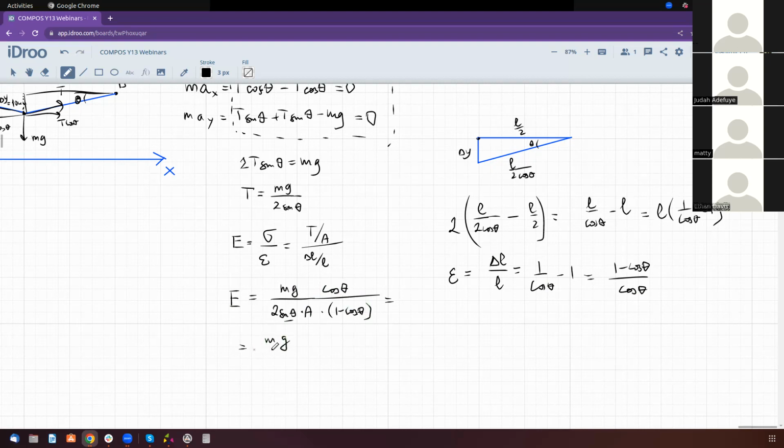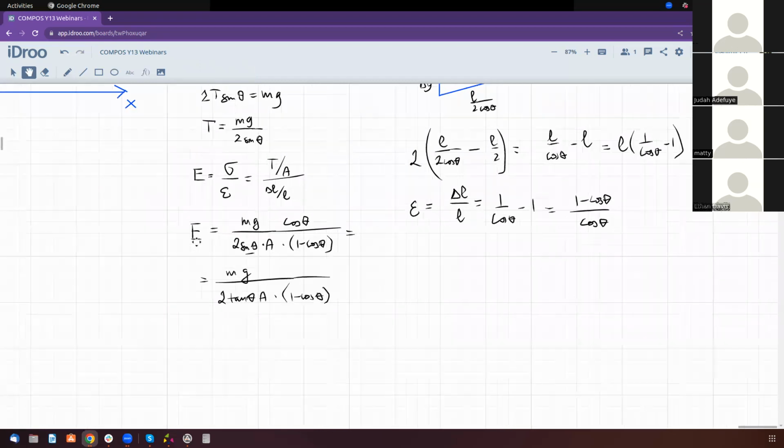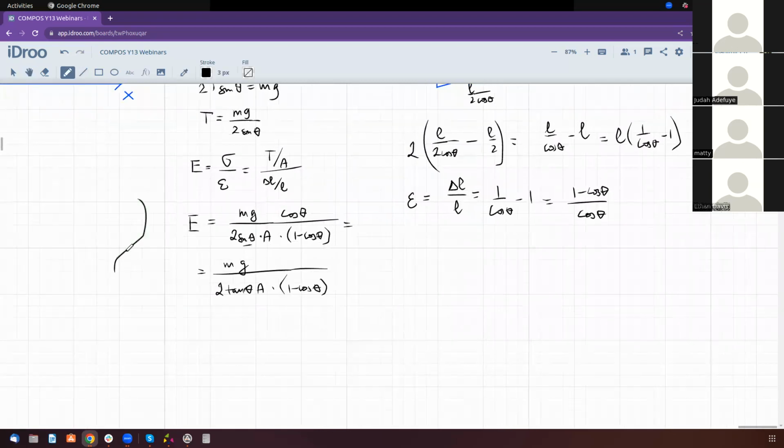So it's mg over 2 tan theta A multiplied by (1 minus cos theta). Oh, that's not going to be nice, but anyways, we know that